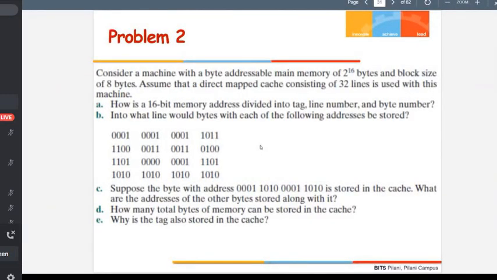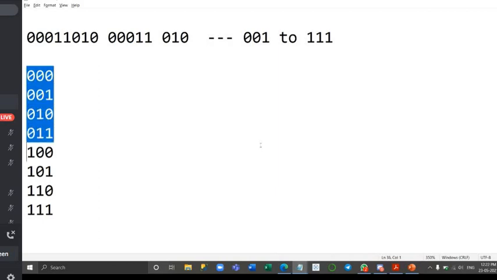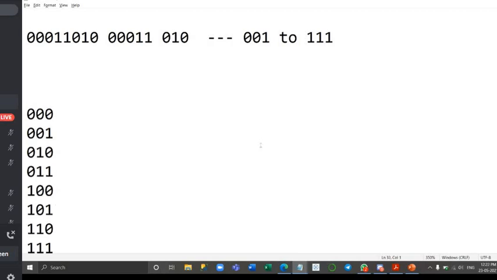Okay, so based on that, our numbering of line will shift by 1. So if you have 3 bits to switch from 0 to 1 and 1 to 0, you can have 2 to the power 3 combinations. So if the number of bits is n, the number of possible combinations is 2 to the power n. 3 bits is 8 combinations. 16 bits is 2 to the power 16 combinations. 2 bits is 4 combinations. So we have 2 bits as 00, 01, 10, and 11.